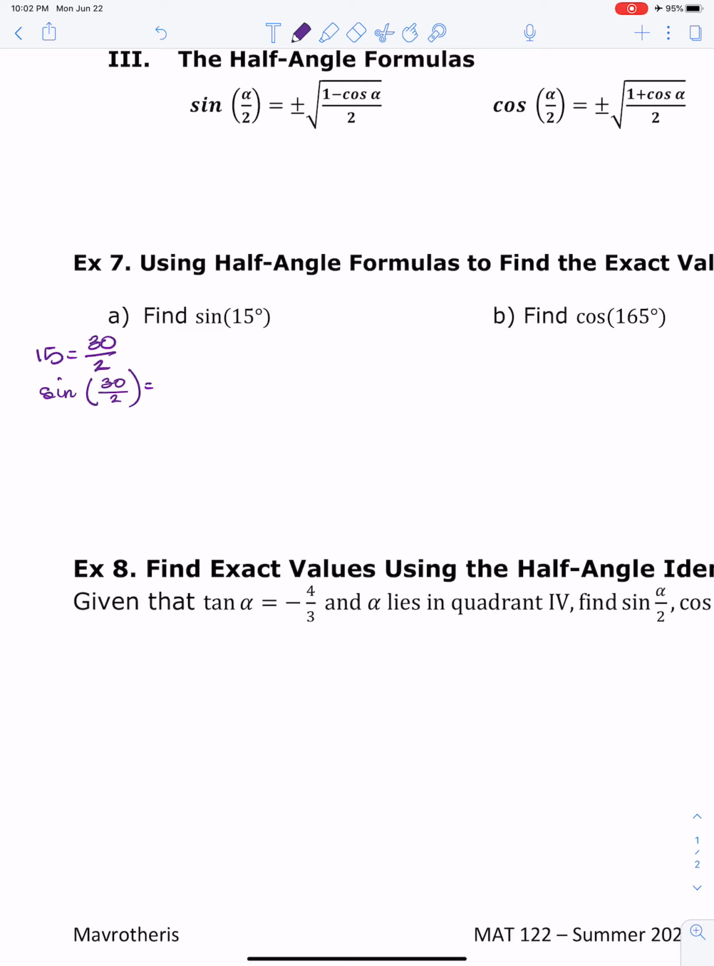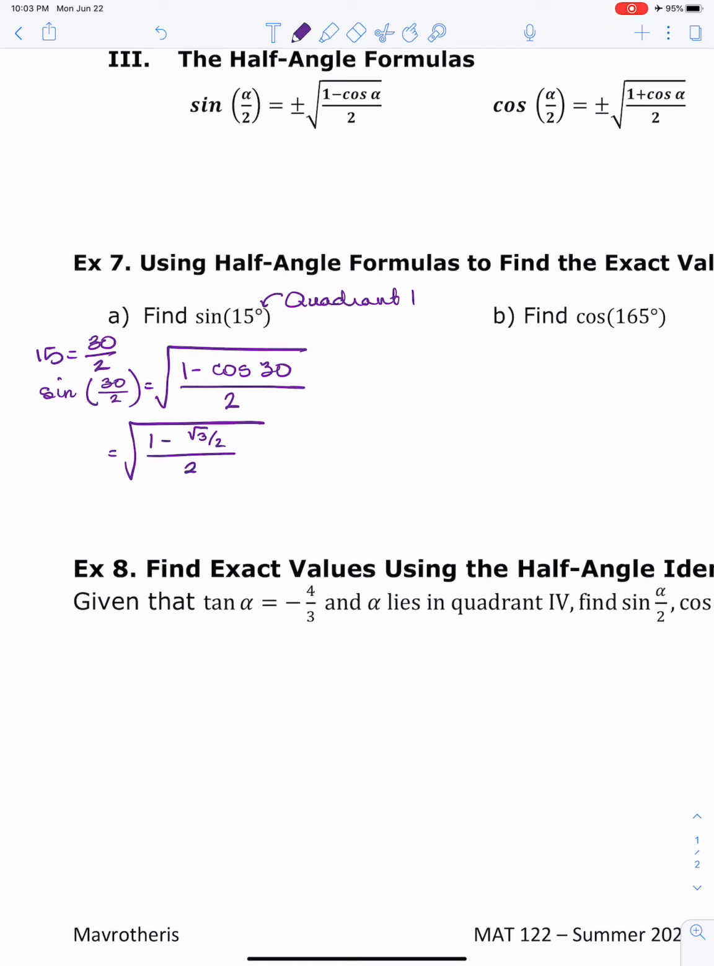So 15 degrees, that's in quadrant 1. So I know that my sign would be positive. So I'm not worried about a negative square root. We're going to leave this as positive. 1 minus the cosine of 30 over 2. I got the square root of 1 minus the cosine of 30 is square root of 3 over 2, all